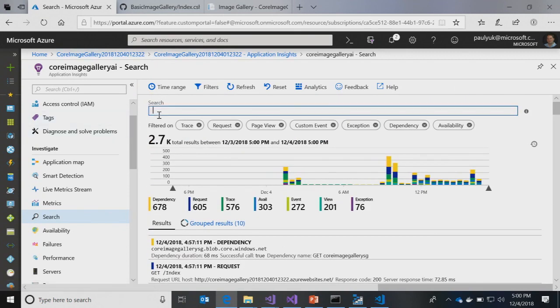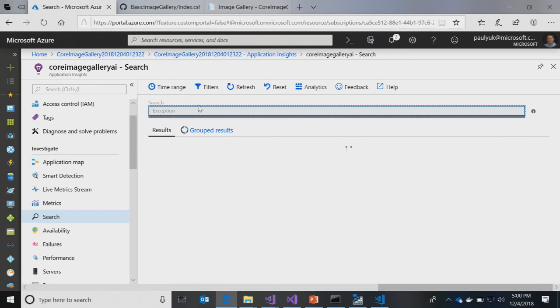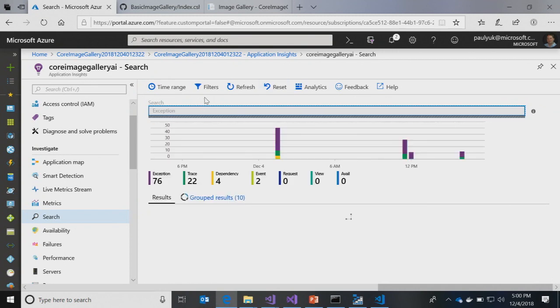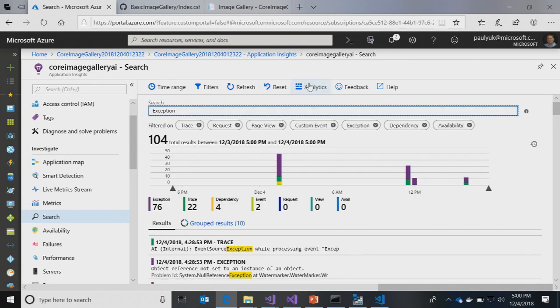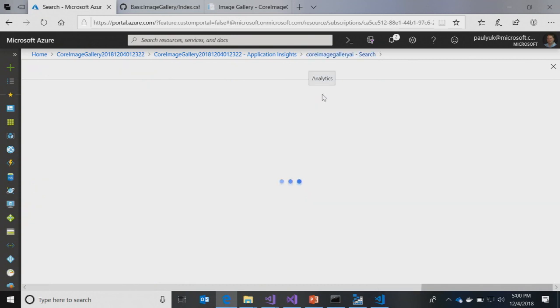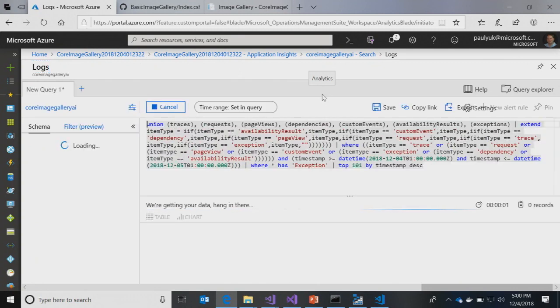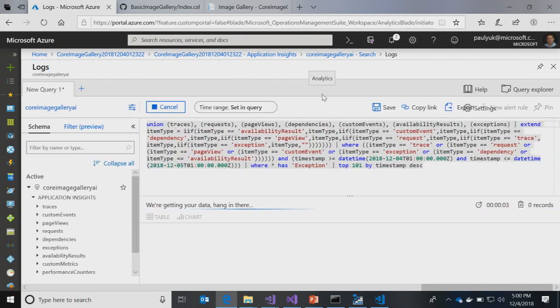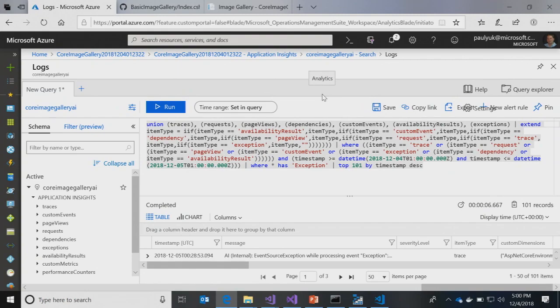It's powerful. You can search, like I could search just on exceptions, right? Also, everything you see here, this is kind of the easy view, but you can open it up into analytics. We have this really powerful analytics platform that can search across all of the monitoring, all of the application, even the security data, and you can query and make very specific insights. Really custom, deep queries.